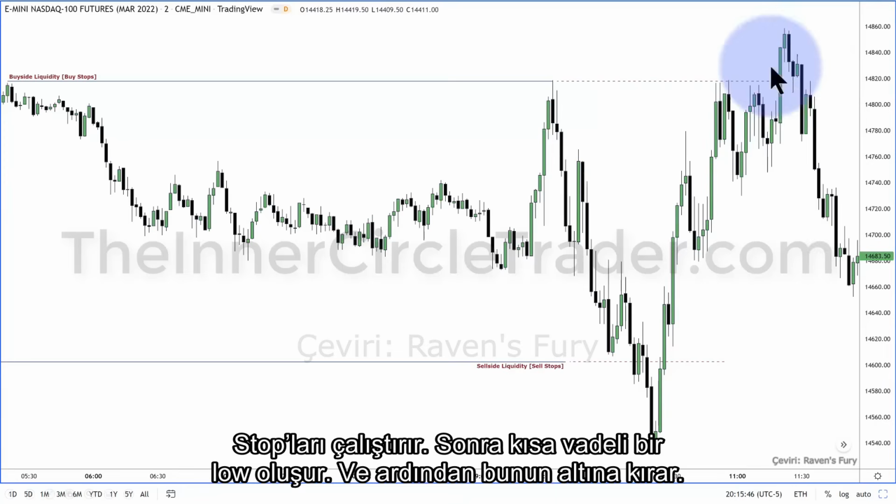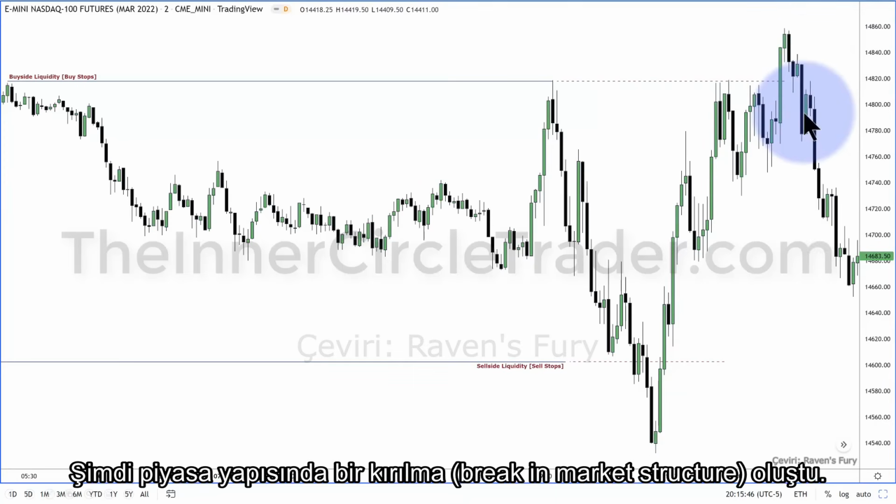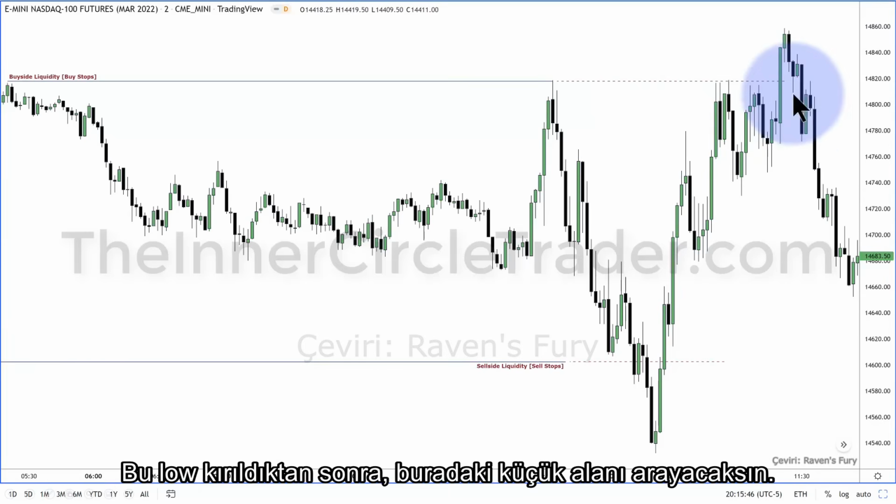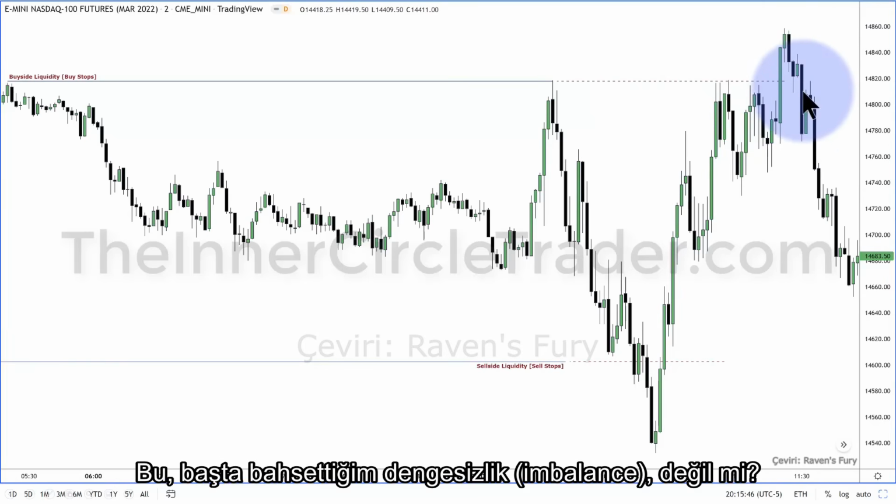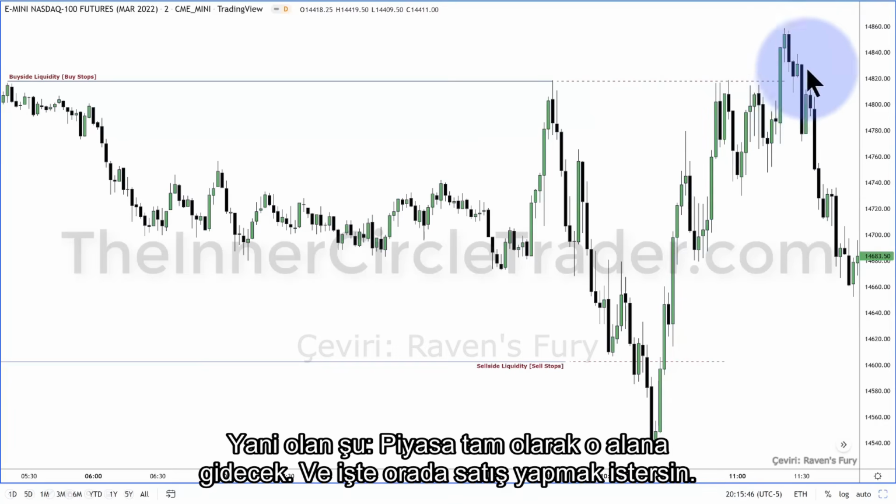But it runs the stops, then we have a short-term low, and then it breaks below it. So now we have a break in market structure, okay? Once this low is broken, you're going to look for this little area here. That's that imbalance I mentioned in the beginning, right? So what's happening is the market's going to go right up inside that area there, and that's where you want